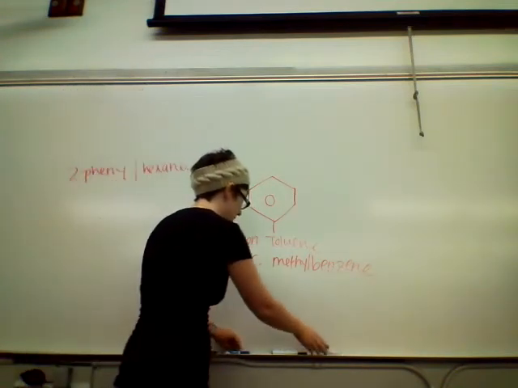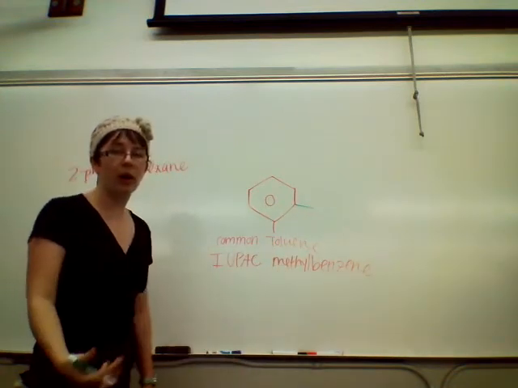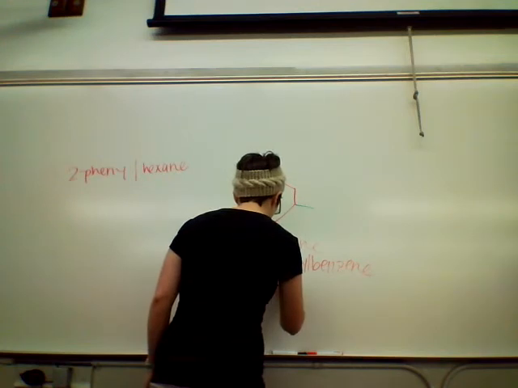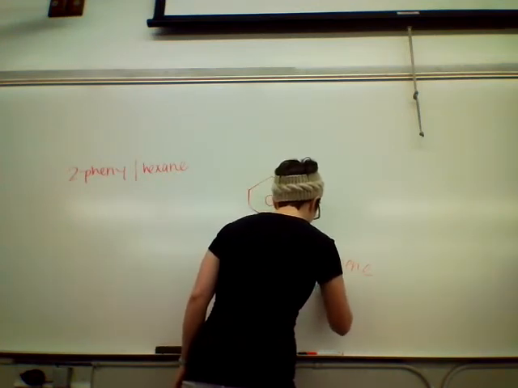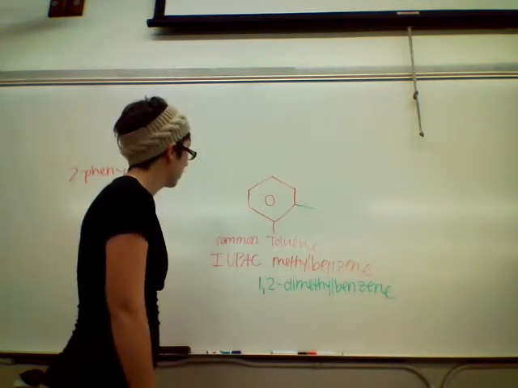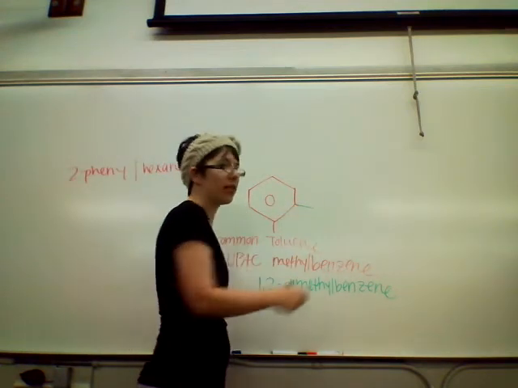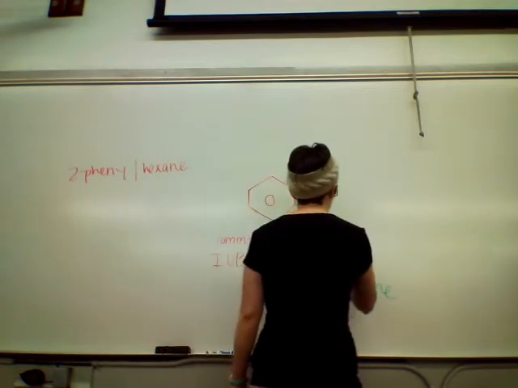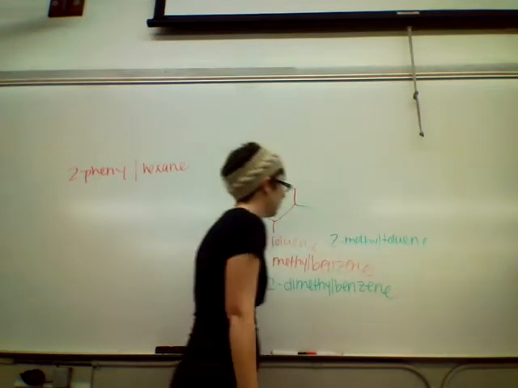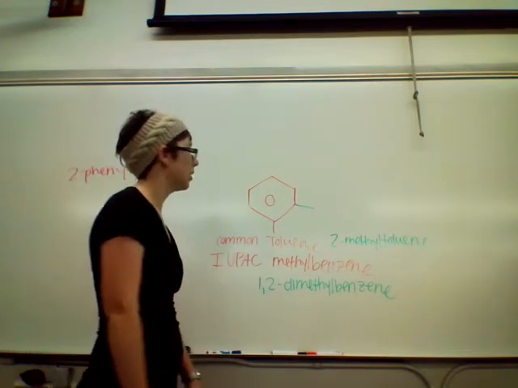But what if we had something that looked like this? There are a couple ways we can name this. We can say that we have 1,2-dimethylbenzene. Or what we can say is, if we did the common name, we could say 2-methyltoluene, toluene being the parent chain. Another way of saying 2-methyltoluene in common nomenclature, we would say